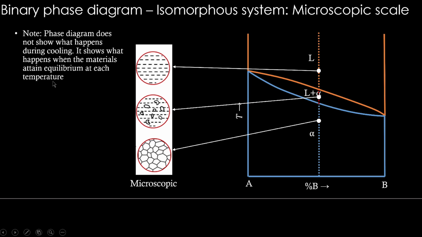These are all equilibrium diagrams. They show phase equilibrium. That means at different temperatures, at different compositions, what are the equilibrium phases? Meaning you have given enough time for equilibrium to be achieved at each temperature. So it's not that you cool at some rate and expect what you see in the phase diagram to appear in reality. Your cooling rate should be extremely slow. Then there is a chance that you get microstructures which closely resemble the phase diagram.